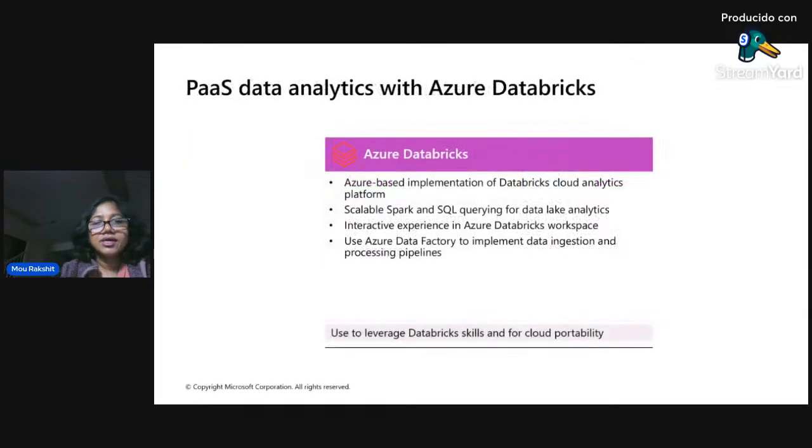Next, there you go. Now comes Azure Databricks, which is a platform as a service for data analytics within the Microsoft Azure platform. It is an Azure-based implementation of Databricks cloud-scale analytics. It is multi-cloud, so Databricks can work on any cloud. In Azure, Databricks is a first-party service. Since you are all preparing for the DP-900, I'll focus primarily on the Azure cloud, but you can also see Databricks works on AWS and GCP as well.